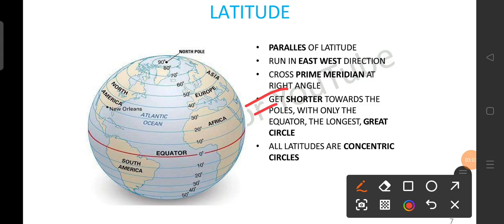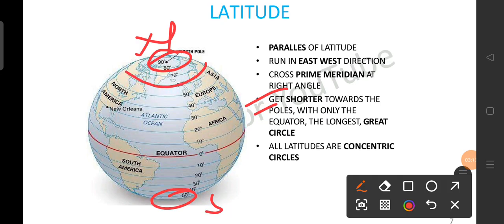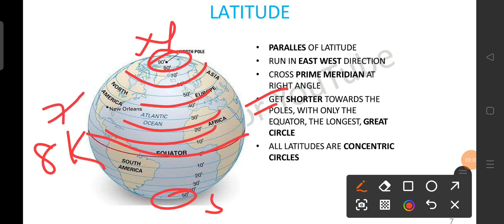As we move further to the poles, North Pole and South Pole, the size of latitudes decreases. So here the equator is longest while these are in descending form. Suppose the size of this is 8k, then this is 7k, this is 6k, in decreasing form, with only the equator